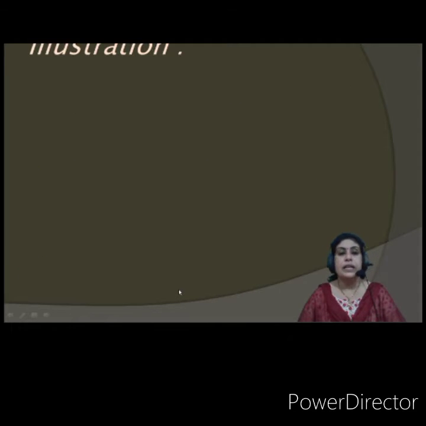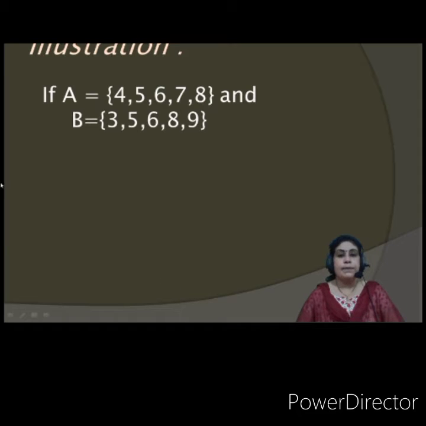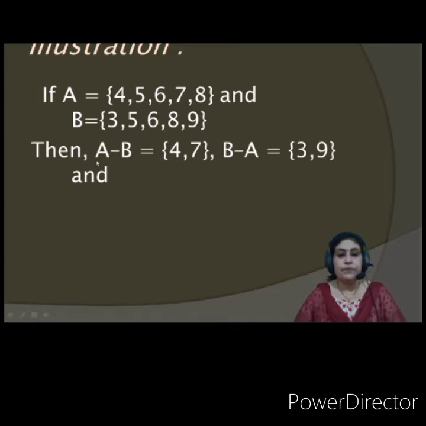Okay, fine. Let us see with the help of an example. See, if A and B are the sets given to us, then A minus B will be what? All those elements which are in A but not in B. So for A minus B, 4 is not there in B, 3 is of B, so you are not going to take it. You are only going to consider from A the elements which are not there in B. Okay, so 4 is not there and 7 is not there. So 4 and 7 is the set A minus B.